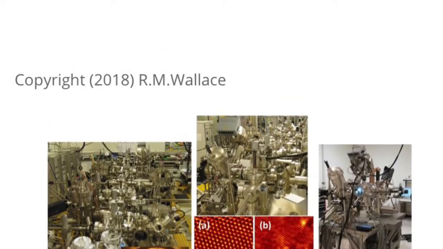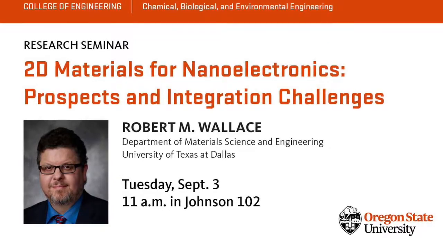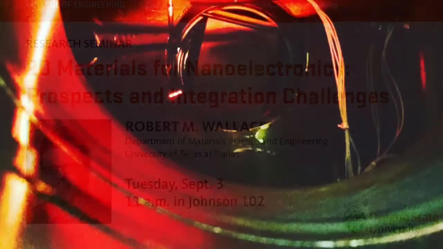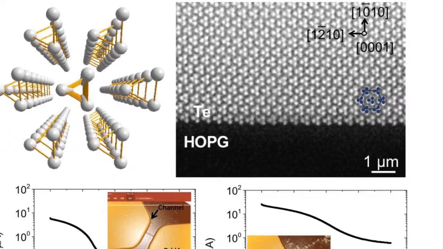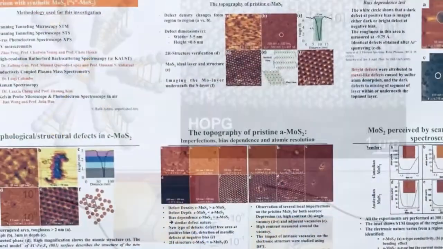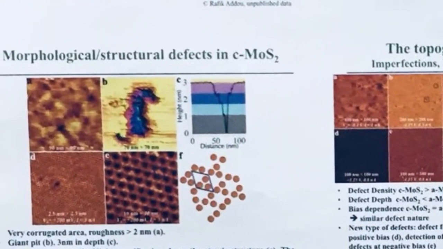Professor Wallace will be talking about 2D materials for nanoelectronics, prospects and integration challenges. The size reduction and economics of integrated circuits, captured since the 1960s in the form of Moore's law, is under serious challenge. Current industry roadmaps reveal that physical limitations include reaching aspects associated with truly atomic dimensions, and the cost of manufacturing is increasing such that only 2 or 3 companies can afford leading-edge capabilities to address some of the conventional materials' physical limitations.